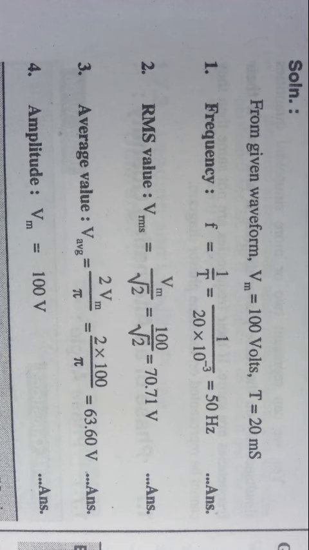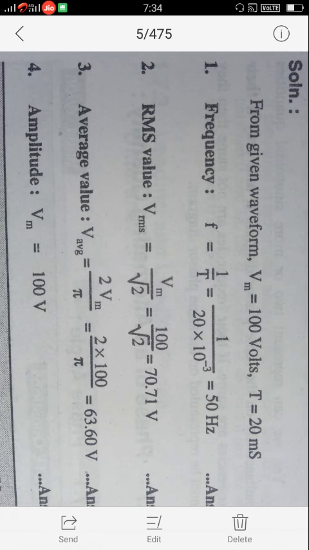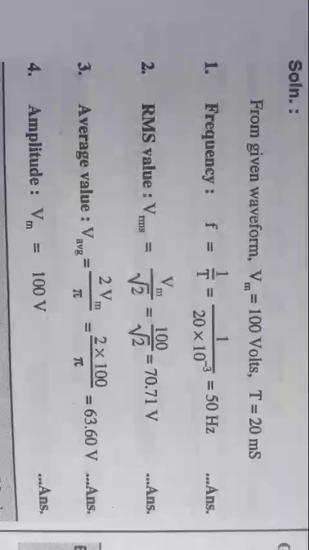Now we will calculate the second parameter, that is RMS value. Vrms is equal to Vm upon root 2, that is 100 upon root 2, and the answer comes